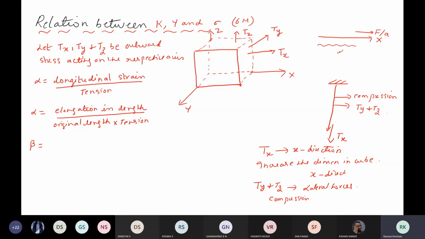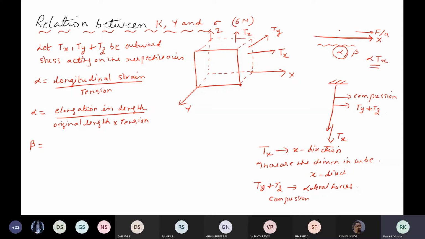Here I should talk about alpha or beta. I should talk about longitudinal or lateral. Lateral means perpendicular. Tell me, when I'm pulling, the length is increasing or the diameter is increasing? Length, ma'am. Length is increasing. So for that, I should use which coefficient? Alpha is the longitudinal strain coefficient. If alpha describes the longitudinal change, I should talk about alpha. So alpha is increasing, and I'm going to show you how I write alpha Tx.